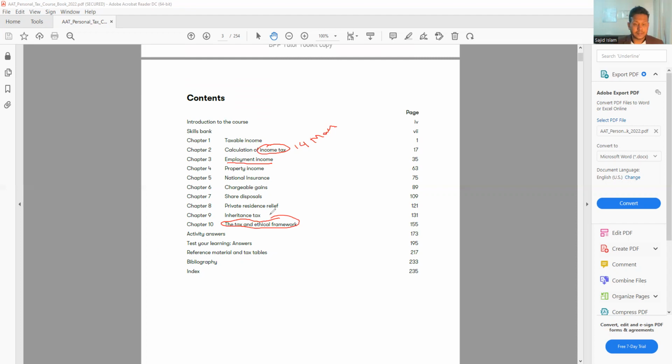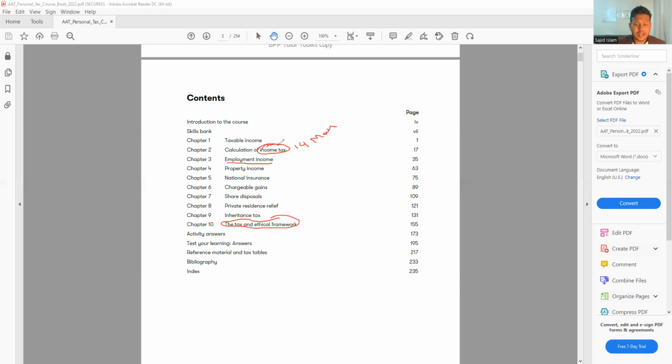Now let's talk a little bit in detail. The employment income and income tax calculation, taxable income, is the basic stuff. If you're working currently, you will know this. When you work, you get some salary from your employer, and they deduct the tax and national insurance, and they give you the net payment, that is your net pay that you receive in your bank account. But obviously there are a few more rules that could be added here, so you're going to see that.